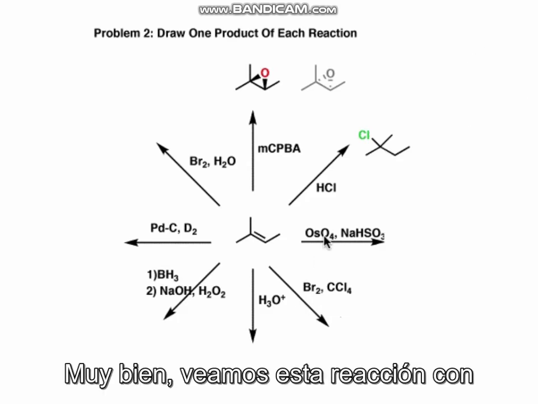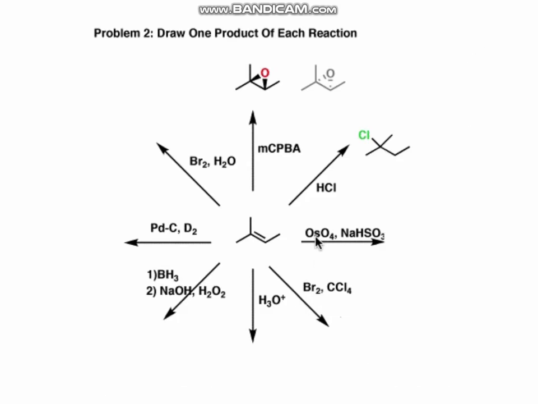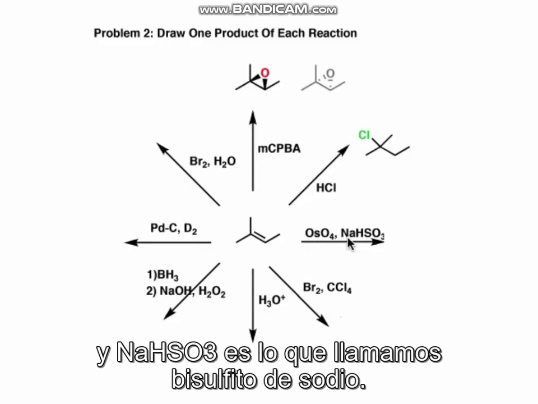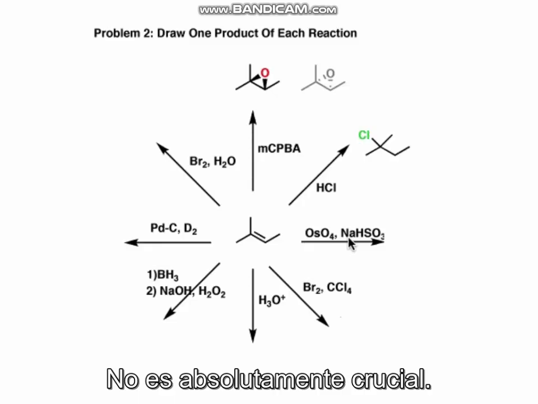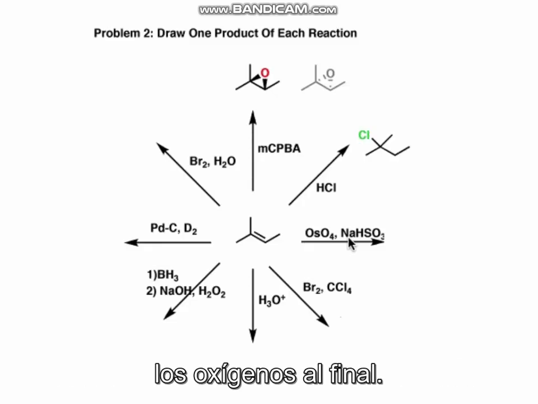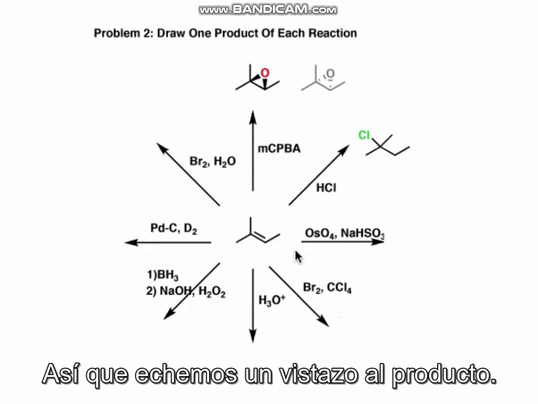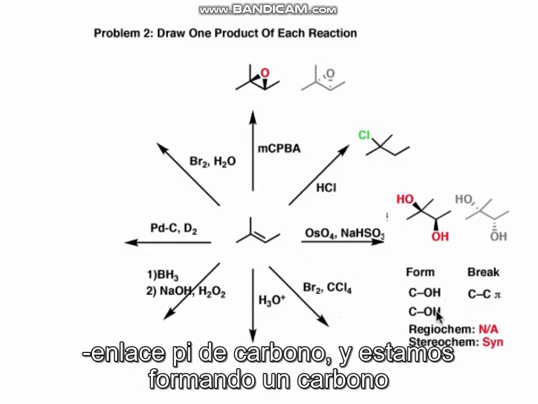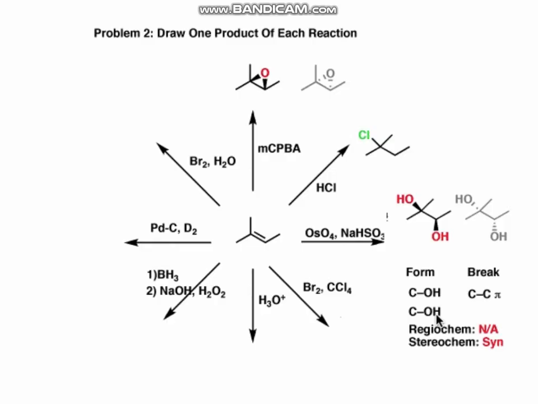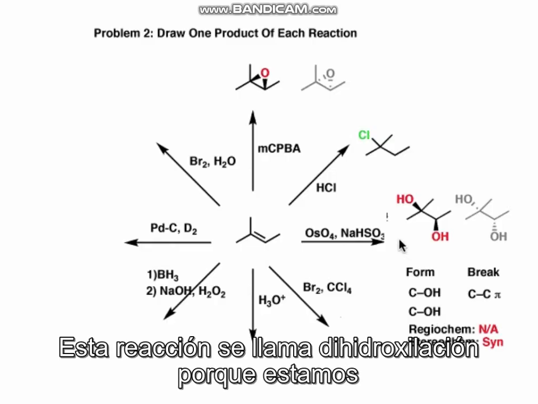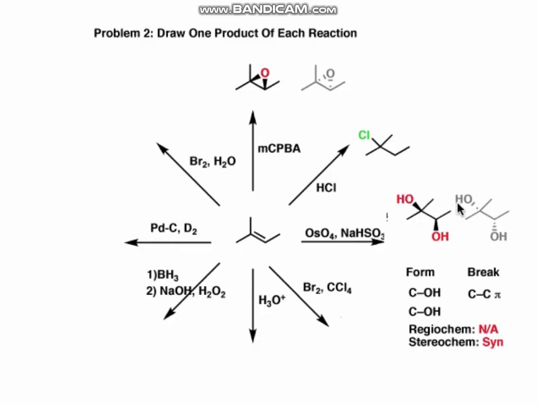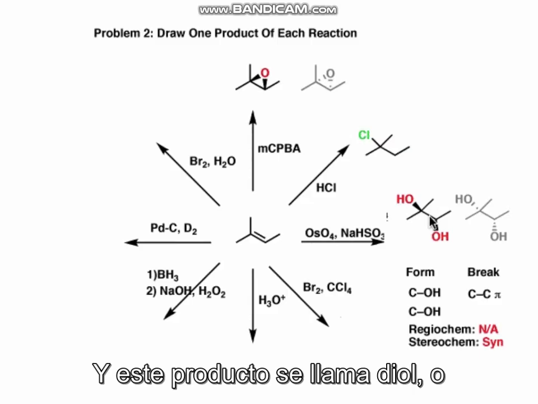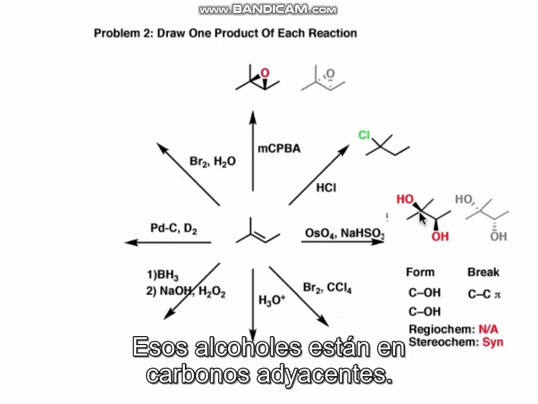All right, let's look at this reaction with OsO4 and NaHSO3. Now, OsO4 we call osmium tetroxide, and NaHSO3 is what we call sodium bisulfite. It's sometimes seen along with osmium. It's not absolutely crucial. Sometimes it's used to get the osmium off the oxygens in the end. So let's have a look at the product we get here. Okay, here notice that we're breaking the carbon-carbon pi bond, and we're forming a carbon-oxygen bond on both carbons. This reaction is called dihydroxylation because we are forming 2 hydroxyl groups, okay? And this product is called a diol, or usually called a vicinal diol to say that those alcohols are on